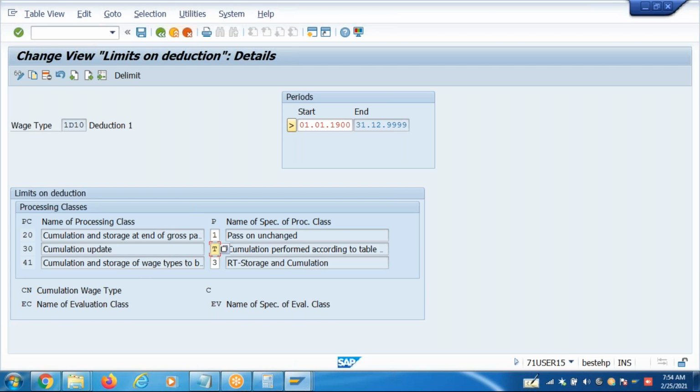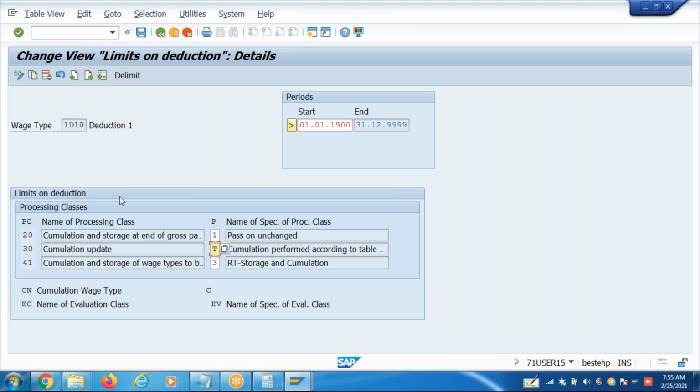If you are applying a quarterly cumulative limit, then this deduction must be stored for the quarterly accumulation time. If you are applying a half yearly accumulation time, this deduction must be stored within CRT. Yearly accumulation time is compulsory. Every payment and every deduction in the payslip must be stored in the CRT table with accumulation time Y, which is compulsory.